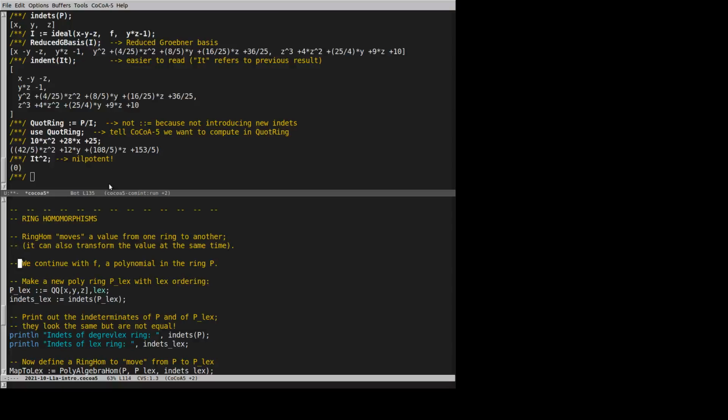So we're going to continue with the polynomial f that we had before, which is in the polynomial ring P. Now we're going to make a new polynomial ring that looks much like P, but instead of having degree reverse lexicographic ordering, or degrevlex as we call it for short, we're going to have one with lexicographic ordering. This is more or less the same as what I did before when I defined the ring P. So we have the double colon equals here,